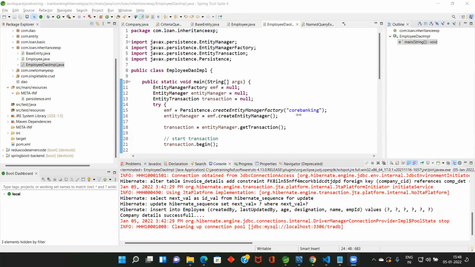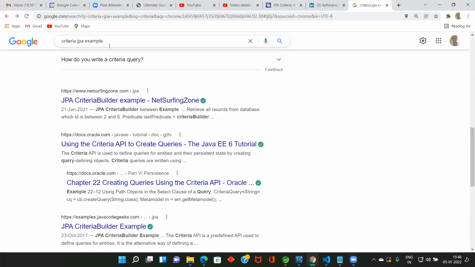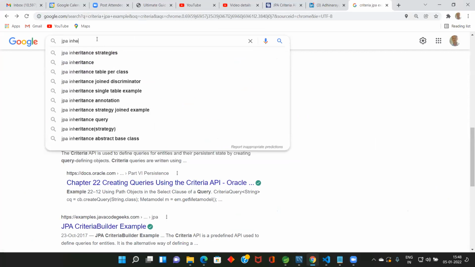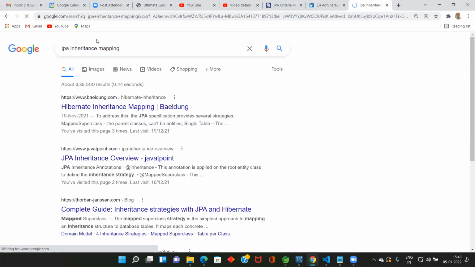Otherwise, I need to pick one name. Who is going to answer? What is the use of inheritance mapping? You can go to the internet and search for JPA inheritance mapping. Can someone answer?